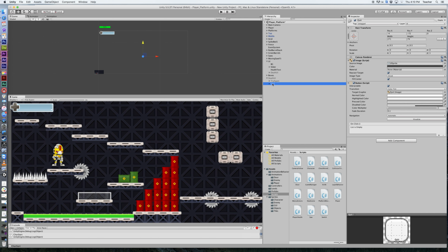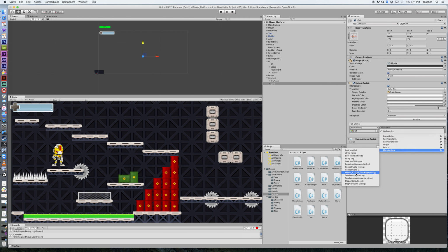Now the quit button, we didn't add any components to that, so technically it would do nothing. We go through the same process. We add on the menu actions script, so I can search menu actions now that we've imported that. Add that on. And now I can add on the runtime only. And I take my quit button, drag it in as an object, go to the no function, menu actions,